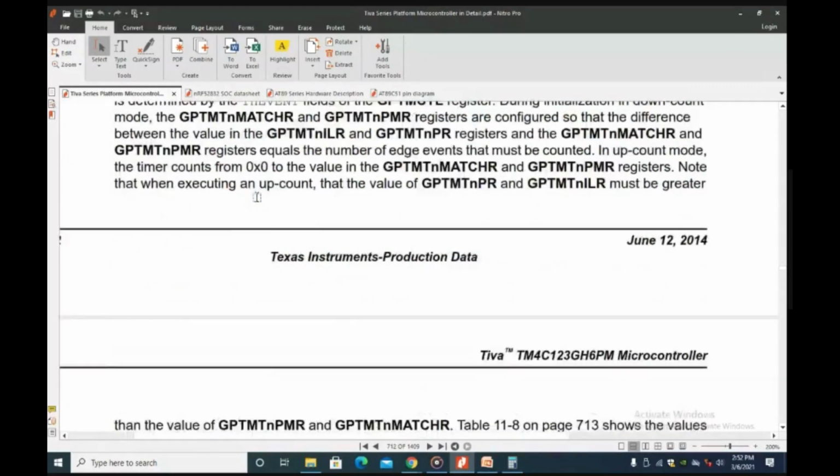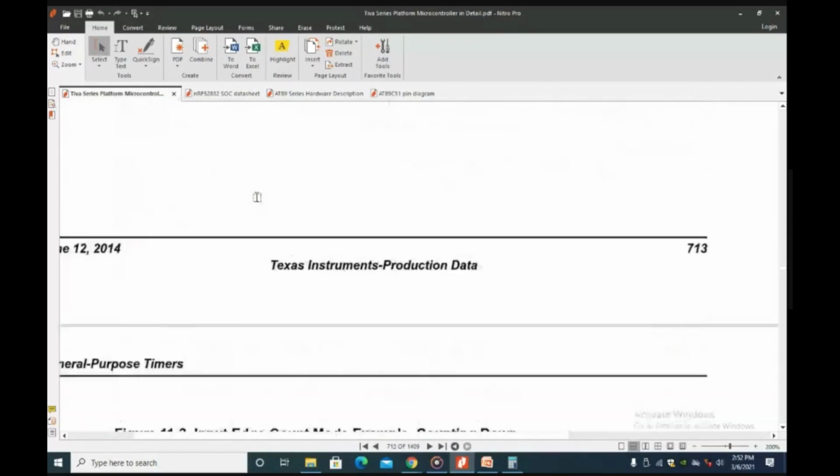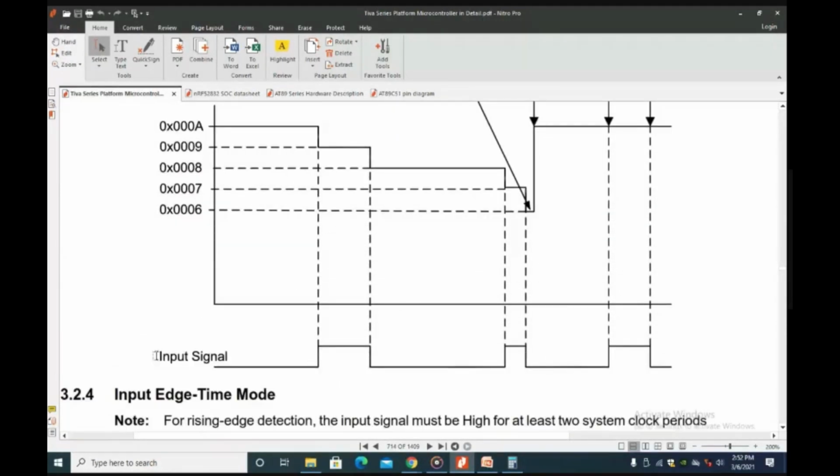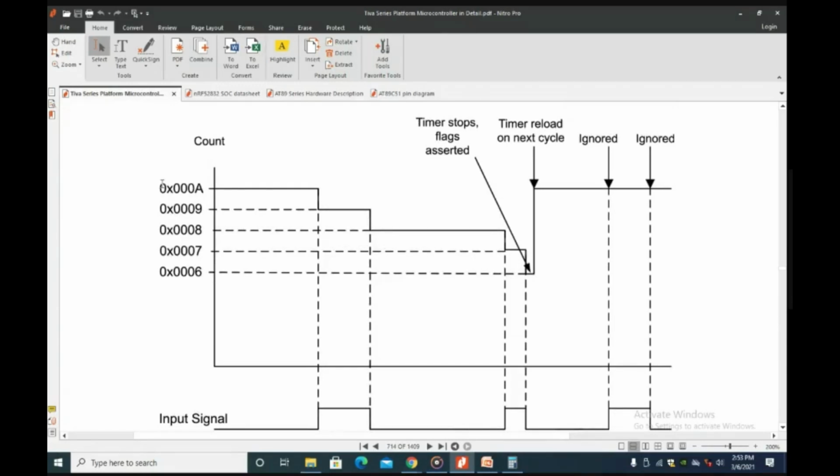You can see one example, right? From the diagram you can see the counter with some example. Here you can see this is the input signal, meaning the pulses coming to the counter pin. These pulses need to be counted, that is the objective. Here it is configured so that for the rising edge it has to count, and for the falling edge it also has to count. Now you see in the input pin there is a transition from 0 to 1. It is configured in the countdown mode. The register is loaded with the value A.